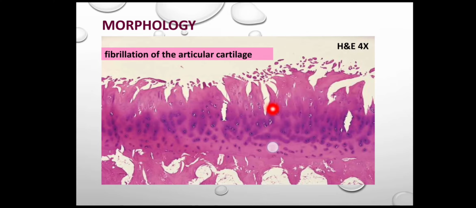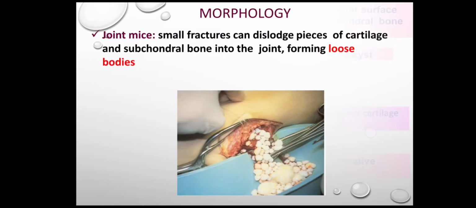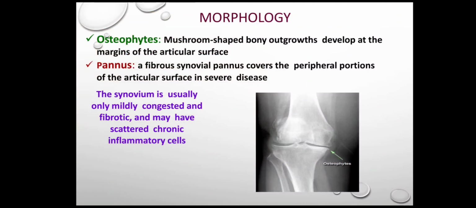cartilage, which now has ragged edges or fibrillation. This is a feature of early osteoarthritis. Sometimes there will be mushroom shaped bony outgrowths developed at the margins of the articular surface like this. Okay, outgrowths of bone will be there covered by cartilage, or they can be fibrous synovial pannus that covers the peripheral